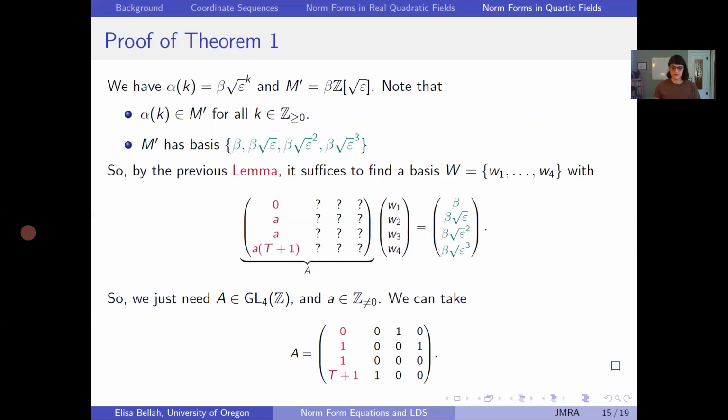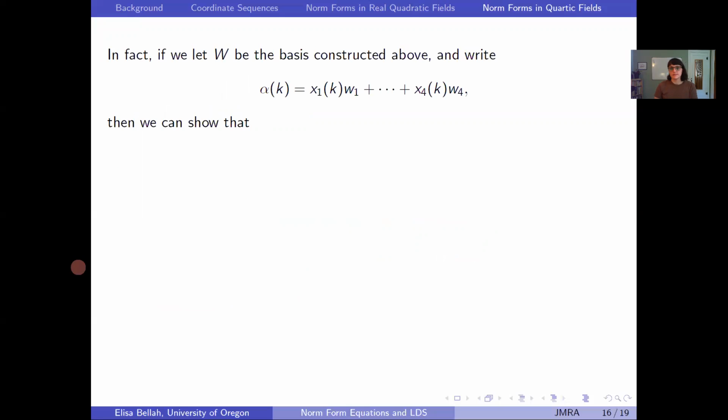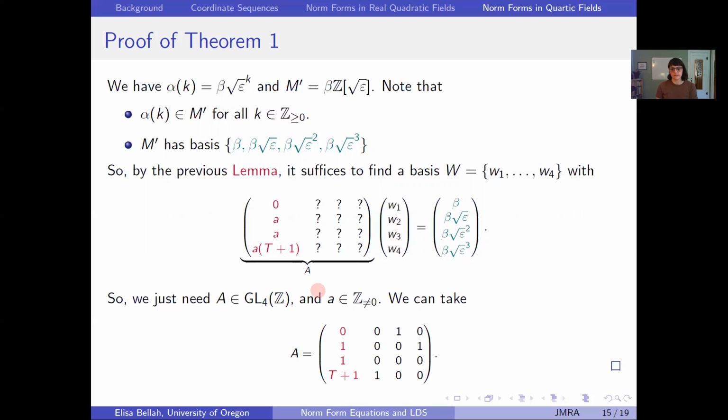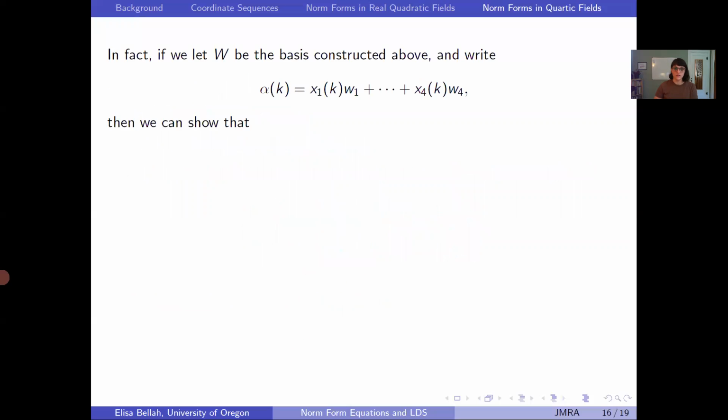And I'll just tell you what you can do explicitly. Here's a GL4Z matrix doing what we want. Okay, so that's the proof of that theorem. There's actually something sort of nice that comes out of this just by chance as well. If you let W be the basis constructed in the previous slide, so constructed by taking A like this, then